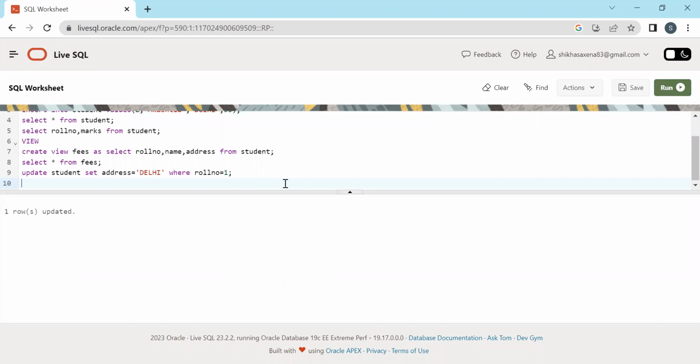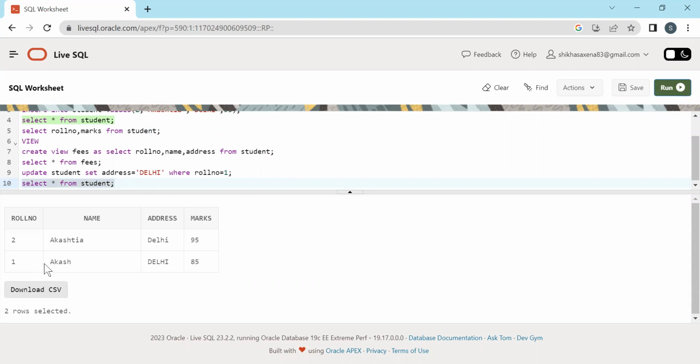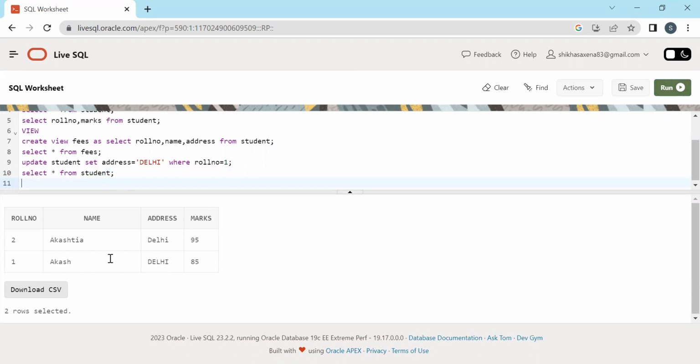Now we can see the table with updation. Select asterisk from student. अब हम देखेंगे कि हमारा जो रोल नंबर 1 था वो भी अब रहने लगा है कहाँ, दिल्ली में. तो उसका एड्रेस चेंज हो जाना चाहिए. Let's check. Now we can see here Akash also lives now in Delhi. So this change should be reflected on view. As I have said, view is a virtual table that is created from the table. Now we have to check the view. Previously here in address Ghaziabad was written, but now we will check. Select